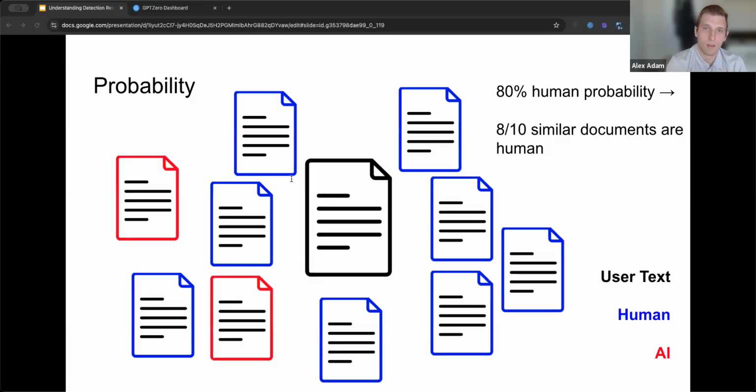Then in the context of AI detection, probability can be interpreted as the proportion of neighboring documents that belong to a given class. So the illustration here shows that the user text in black is closest to 8 other human documents and 2 AI documents. And this just means that the probability of it being human is 80%.